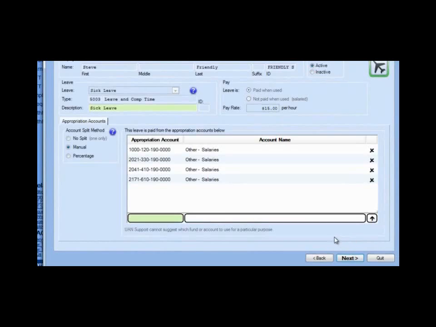And the software is going to default to show us the exact same setting as the earning. Now that may be correct in your instance, and it may not. Some people budget a different account code for leaves. Most people don't. The most simple setting is when you have the exact same account codes. But the software is showing us manual split and all of the account codes,